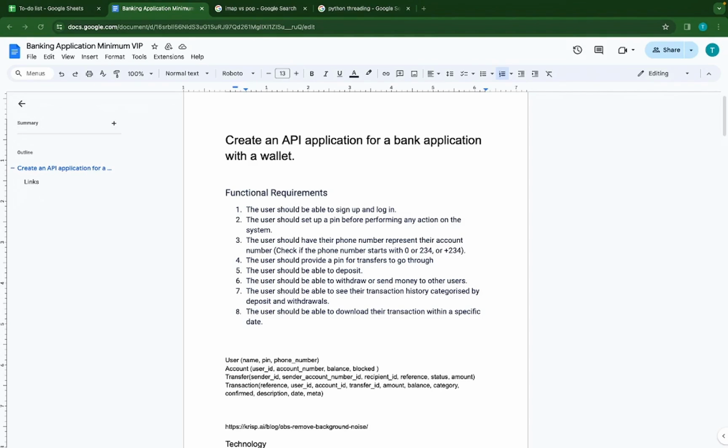The functional requirements we'll be doing today is for the ability of a registered user within our system to be able to transfer money from one account to another. In the sense that, let's say you are using an app that allows a registered user to transfer money from their own wallet to another user's wallet in the system. So that is basically what we are going to be doing today. To start with,